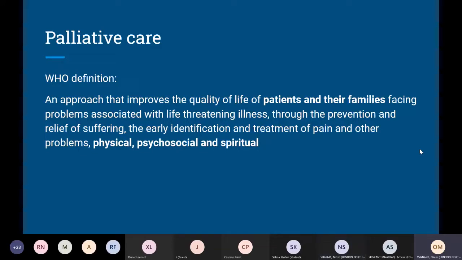So it's a very holistic area of medicine. We have to think about the patient as a whole, and you're not just focusing on physical disease. You find in practice that a lot of the time you'll be spent talking to the next of kin, talking about their religion, what sort of chaplain they need at the end of life and stuff like that.